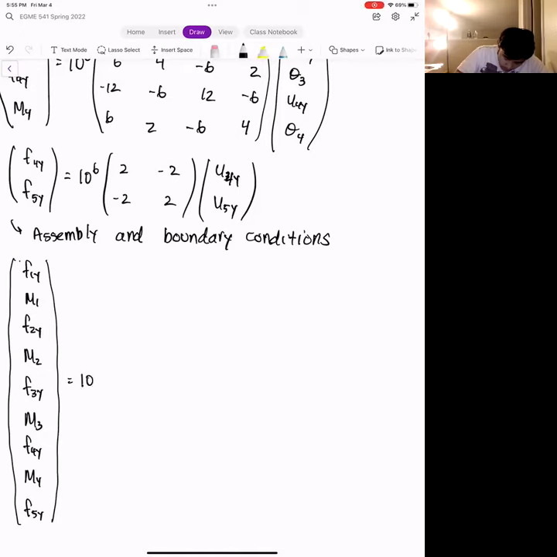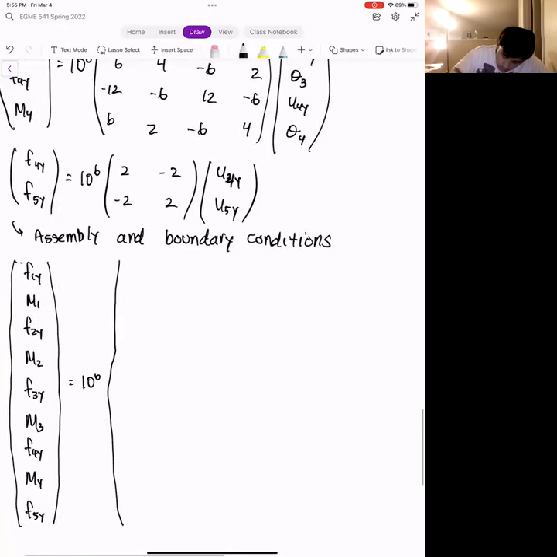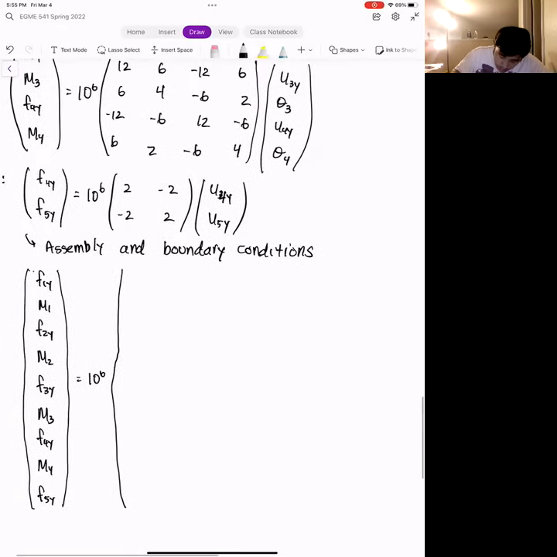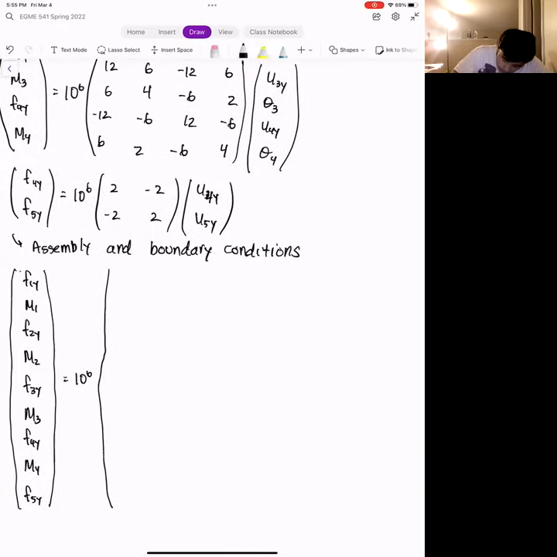I'm going to put a 10 to the 6 out in front so that we're only plugging in integers, just to save a bit of writing. Let me write in the entries here: U1y, theta 1, U2y, theta 2, U3y, theta 3, U4y, theta 4,